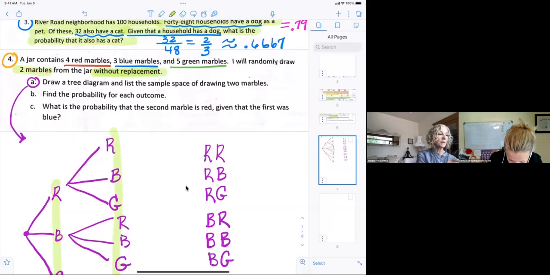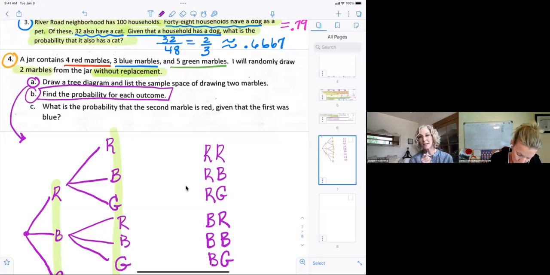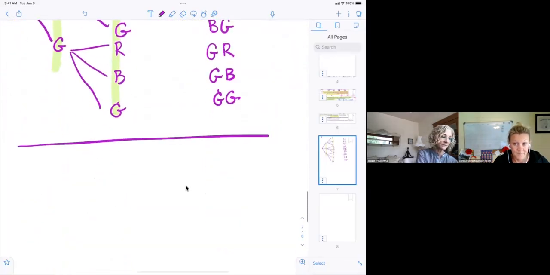All right, so now let's go to part B. Find the probability for each outcome. These are not equally likely because I have 4 red marbles, 3 blue marbles, 5 green marbles. So I have a higher probability of drawing a green marble than a blue marble because there's 5 greens and only 3 blues. So these are not equally likely. So for each draw,